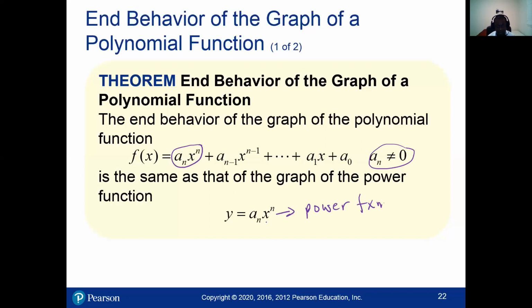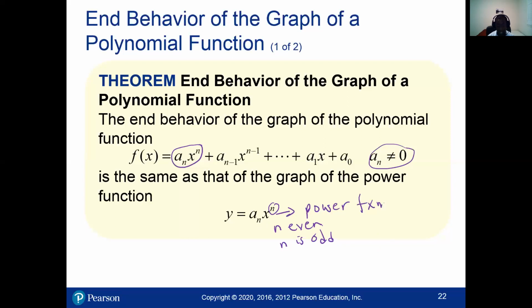So with the power function, what is happening if n is even, and if n is odd? What happens to the behavior of the function? We know that if n is even, then this power function, or this leading term, is an even function, which is symmetric with respect to the y-axis. If it is odd, it is symmetric with respect to the origin. All right, so from this theorem we have the following